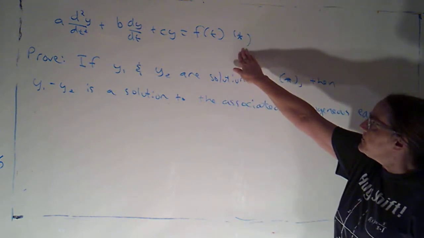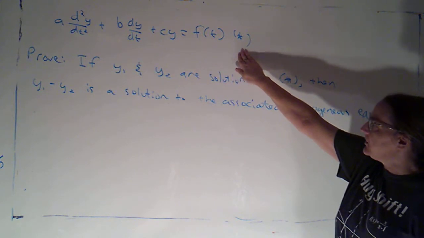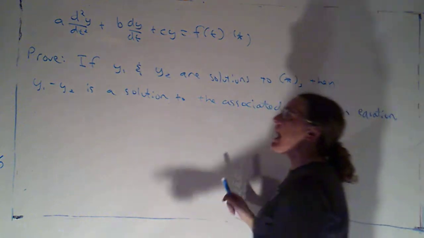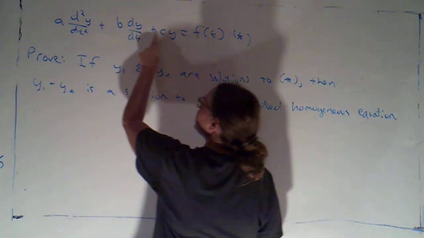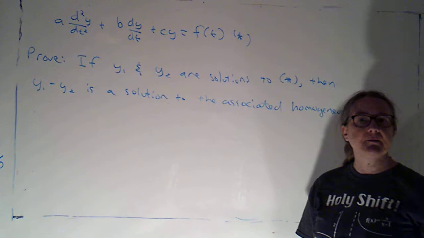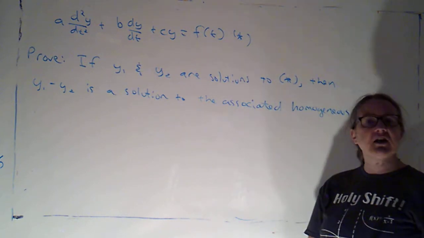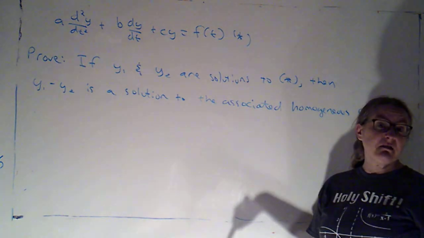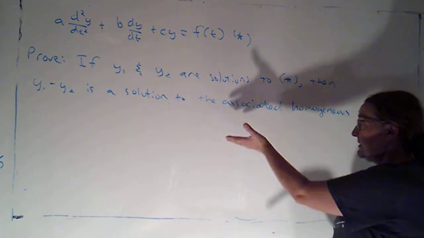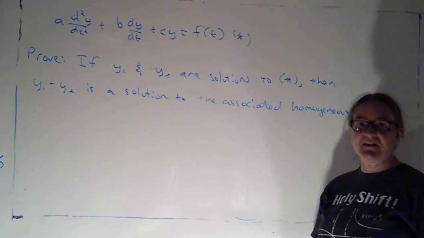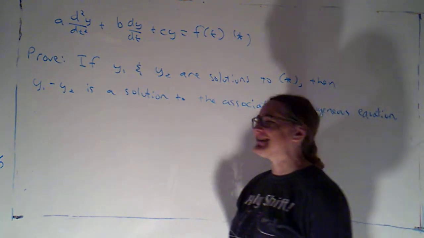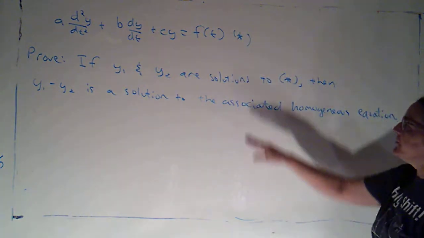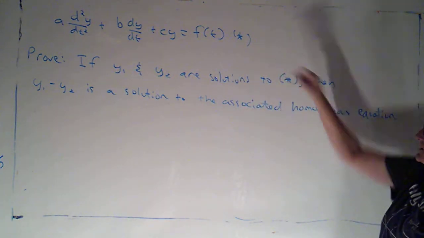So I've got up here a second order linear non-homogeneous differential equation. Now, I happen to have chosen mine so that I've got constant coefficients a, b, and c. I could easily just have changed those to be functions of t. I'd write a of t, b of t, c of t. The statement of the theorem would be the same. The proof would be the same, except that I'd be writing a of t, b of t, and c of t. Okay. All right, so we're going to prove that if we have two solutions to star this equation, then